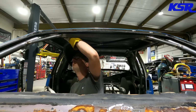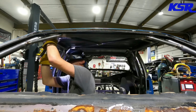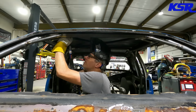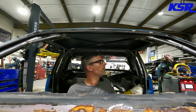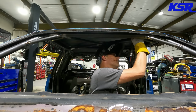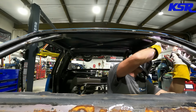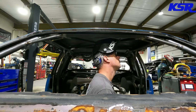I don't just do one bar and then weld it in completely, at least not when it comes to gussets and stuff. Other parts of the cage, well, let's just say any part of the cage that has a duplicate on the other side of the car, I try and weld them both in kind of at the same time. I think if you go back and watch when I was welding the floor of the cage, I do the same thing when I was welding all of those